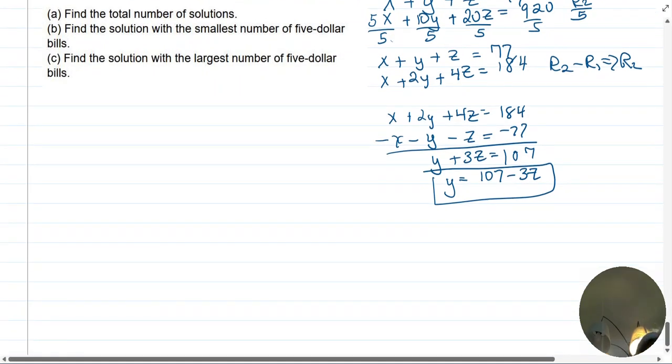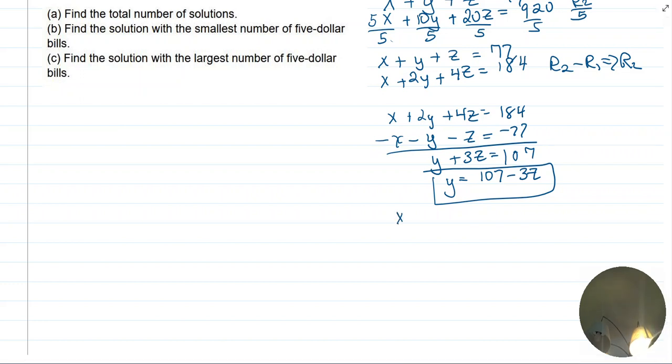All right, so now what we're going to do is substitute it into x plus y, which is going to be 107 minus the 3z plus z equals 77. Okay, I am going to have x plus 107 minus 2z equal to 77. I'm going to subtract the 107